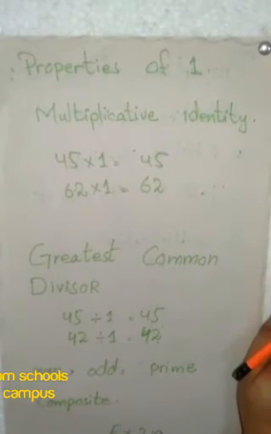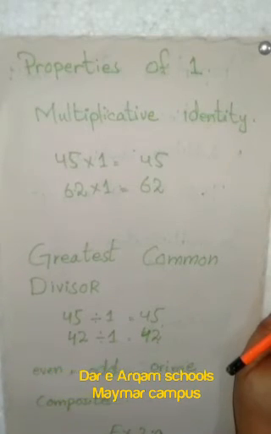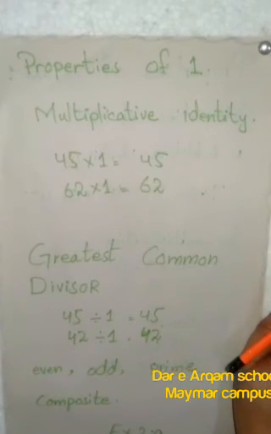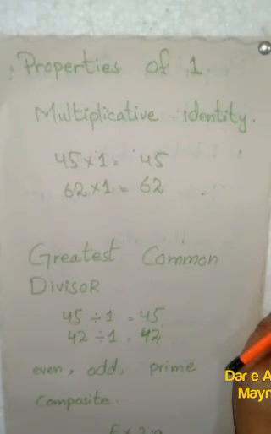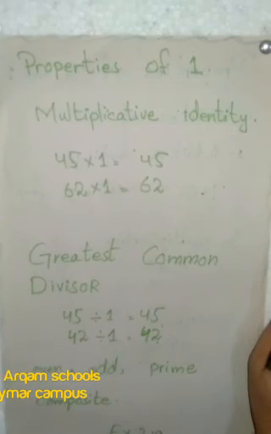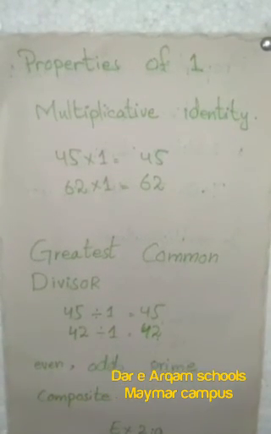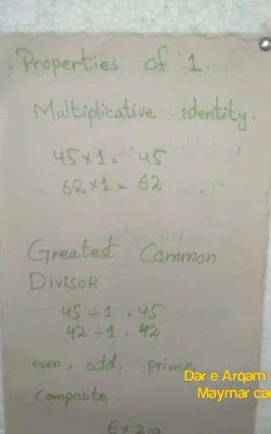Students, why do we have to learn the properties of only 0 and 1? Because 0 is the smallest number in whole numbers and 1 in natural numbers. So we have to learn the properties of 0 and 1 here. Now you will solve your exercise 2A yourself and submit your homework.